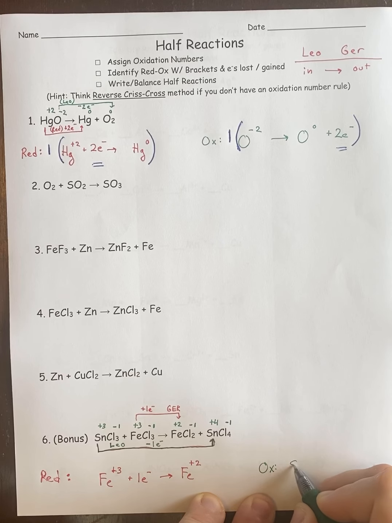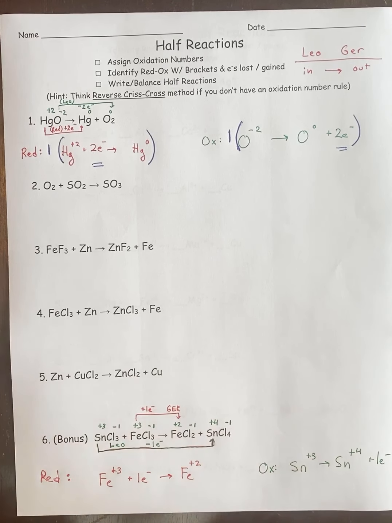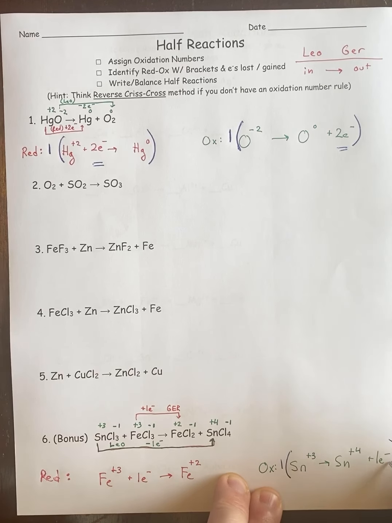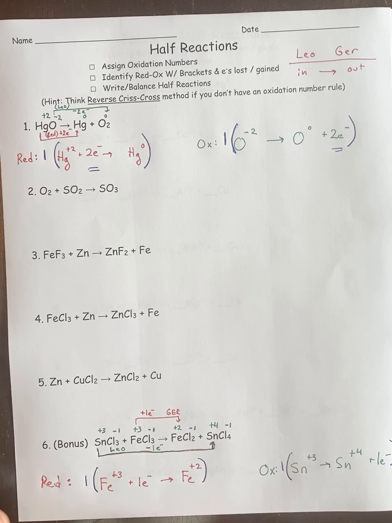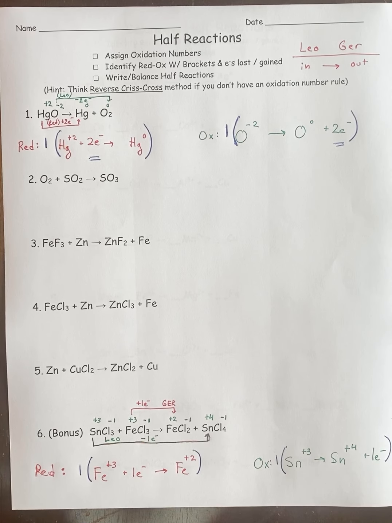All right. And then for oxidation, my Sn was +3, and it turned into +4 by losing an electron. Now again, balancing wise, these are easy ones to balance because they gain and lose 1, so it's just 1 in each case. The reason this one was a bonus was because normally if you look at all the problems,